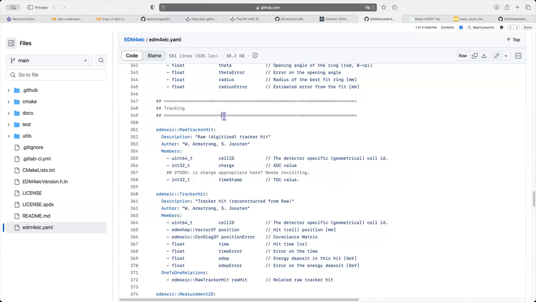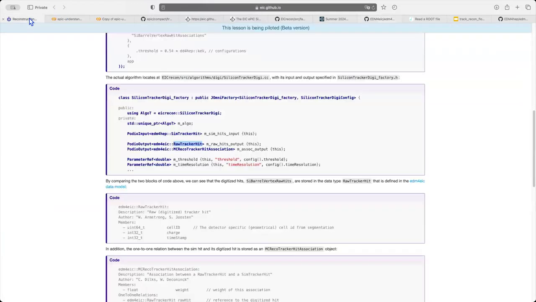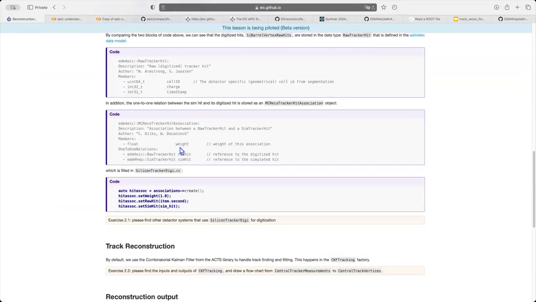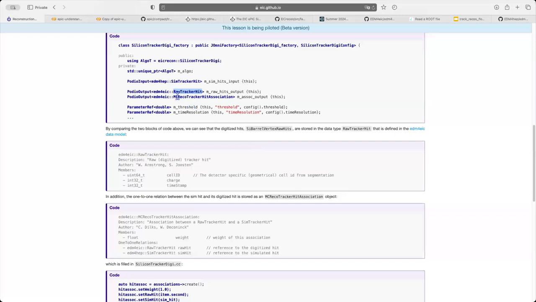All right. And then I think we are ready for some exercise here. Well, almost ready. One more thing to mention is that another output from our digitization algorithm is